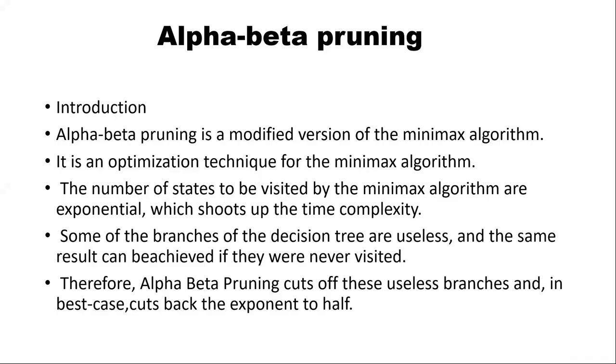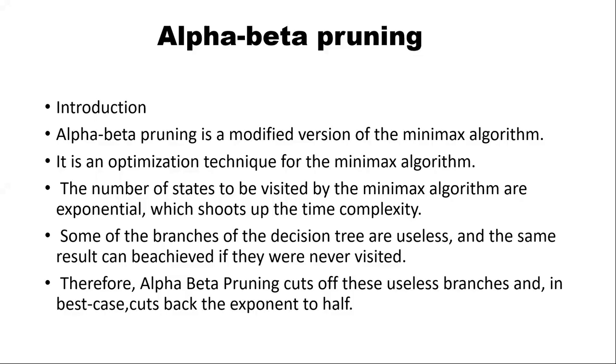Minimax we can see. Here the number of states to be visited by the Minimax algorithm are exponential, which shoots up the time complexity. And some of the branches of the decision tree are useless, and the same result can be achieved if they are never visited. Therefore, alpha beta pruning cuts off these useless branches and, in the best case, cuts the exponent to